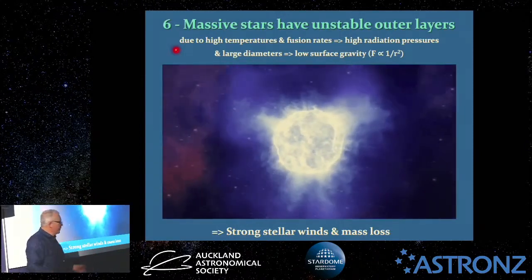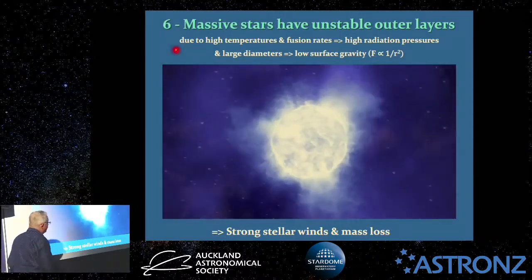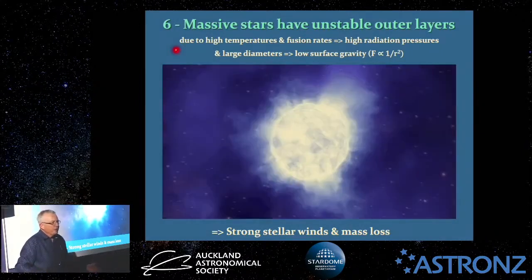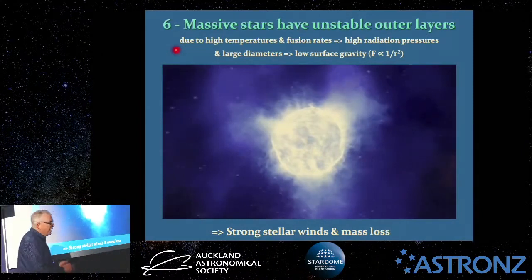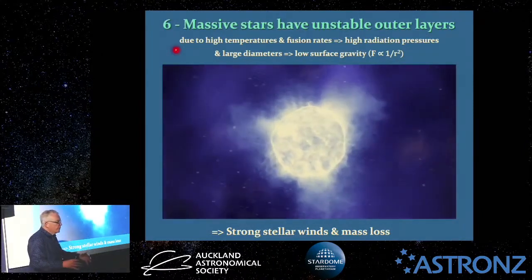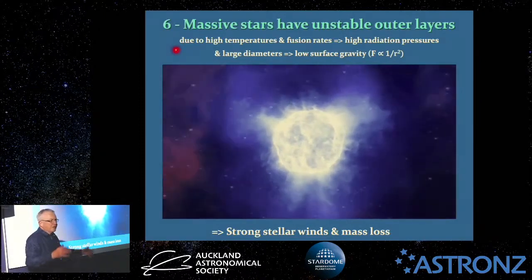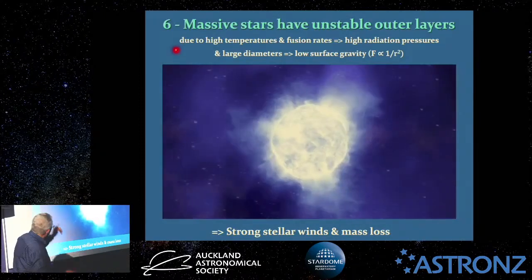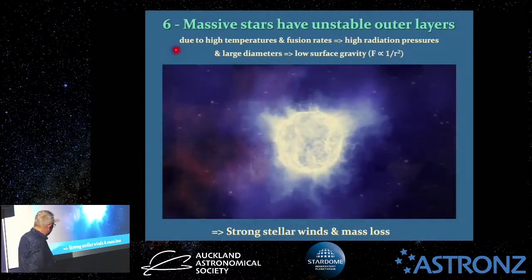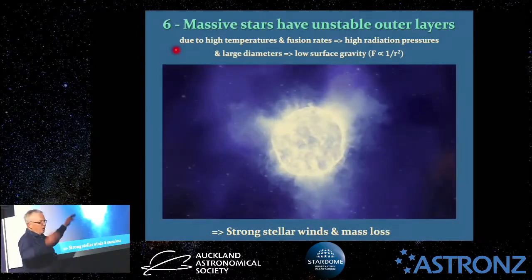If you were to triple the size of that planet, but keep the mass the same, the surface gravity would be only 1/9. So as something gets bigger, the surface gravity holding it down gets significantly less and less. So high radiation pressure and low surface gravity equal strong stellar winds,